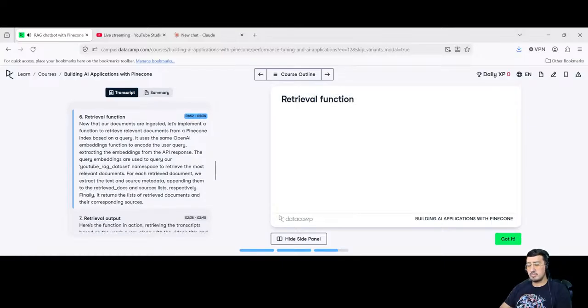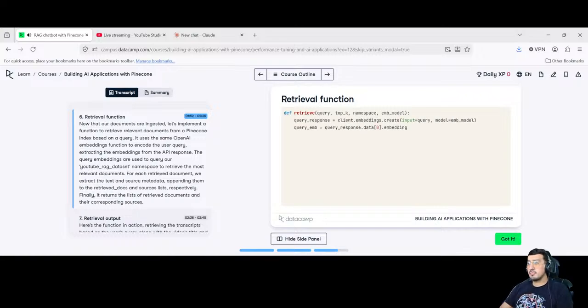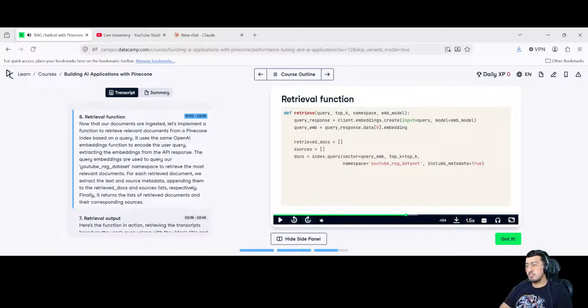Now that our documents are ingested, let's implement a function to retrieve relevant documents from a Pinecone index based on a query. It uses the same OpenAI embeddings function to encode the user query, extracting the embeddings from the API response. The query embeddings are used to query our YouTube